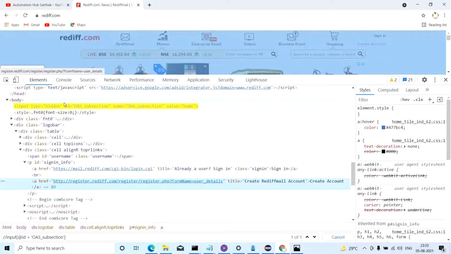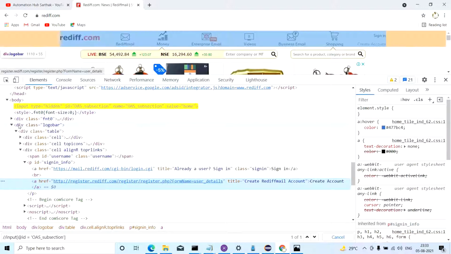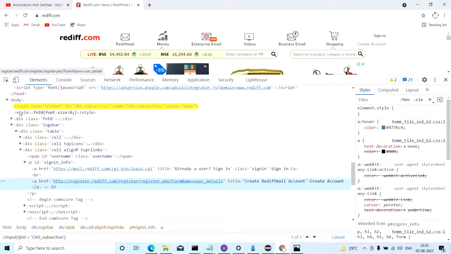So I'm here, and this is the distance I have to traverse to reach this particular web element. Now let's look at one thing. How many siblings does this input HTML tag have? As of now I can see 1, 2, 3. It might have more, but within this traversing distance, I can see that these three, style, div and div, are siblings of this input. So these four are siblings of each other.